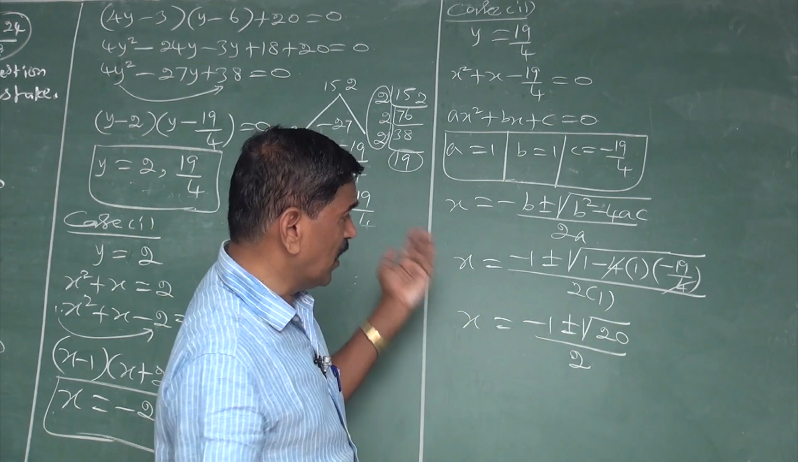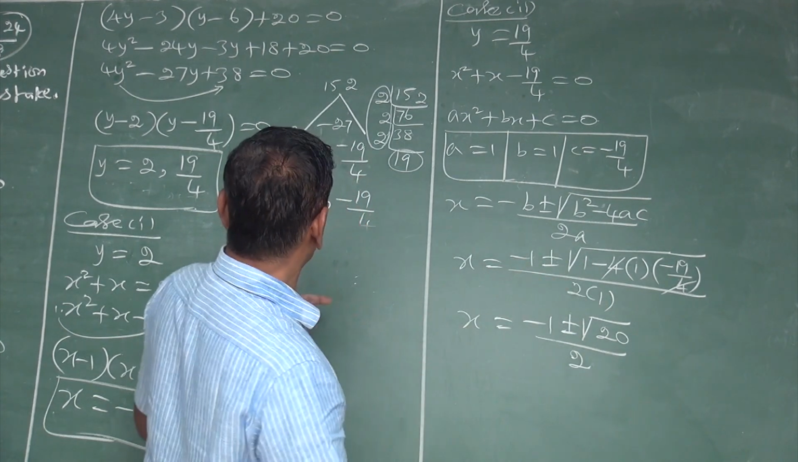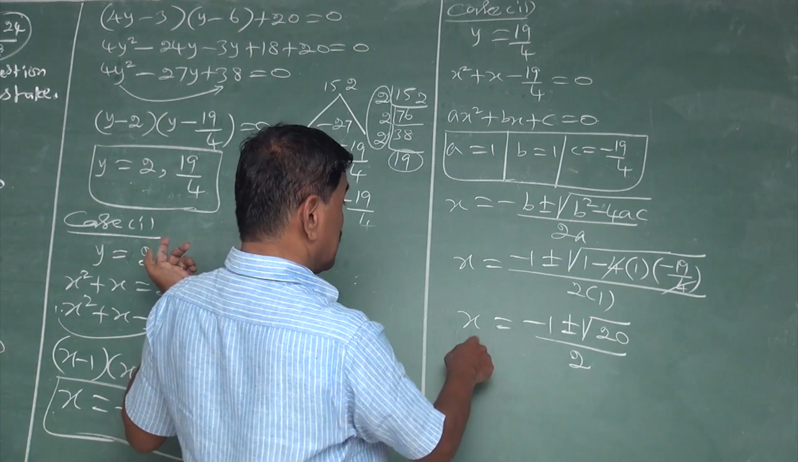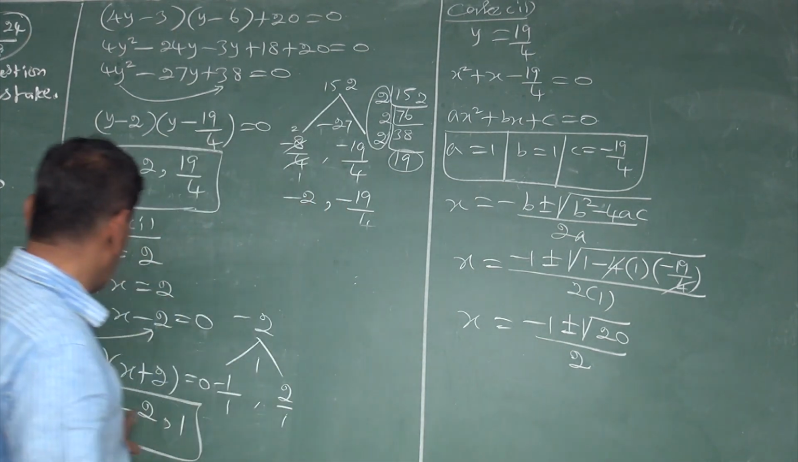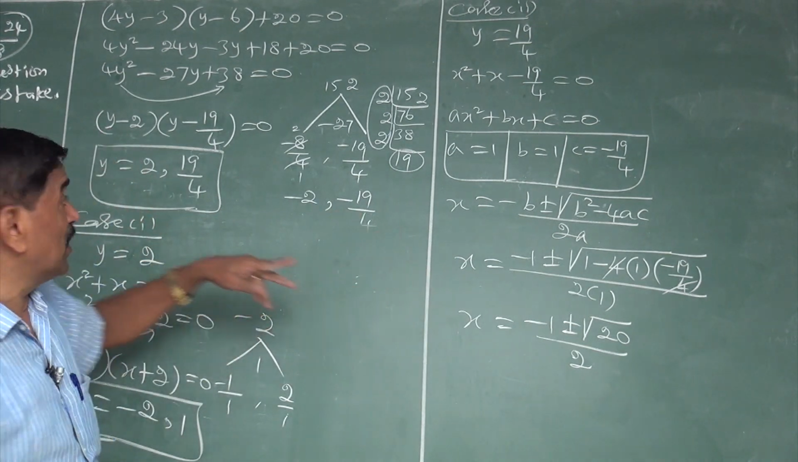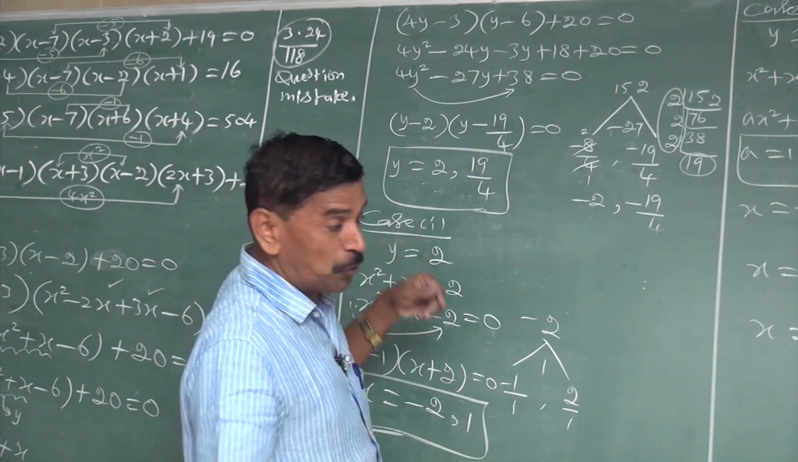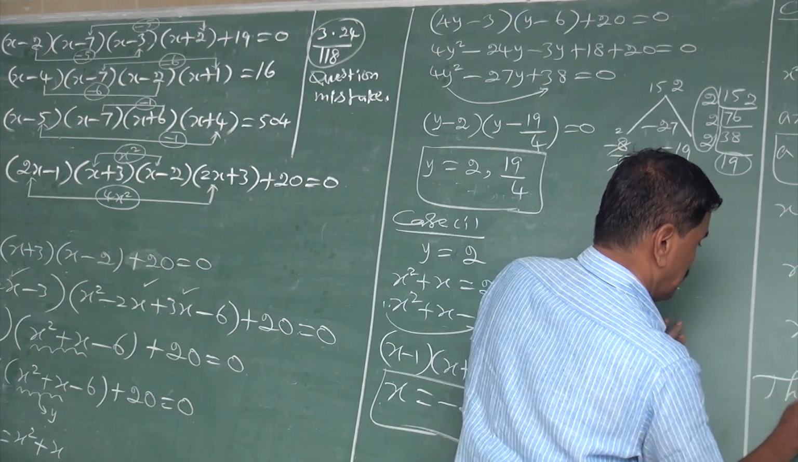And here there are two answers: one with minus 1 and one with plus 1. From case 1 we get 2 answers, and from case 2 the next 2 answers. So totally 4 answers, because here the product of 4 factors is zero, so totally we have 4 roots. Therefore the required roots are